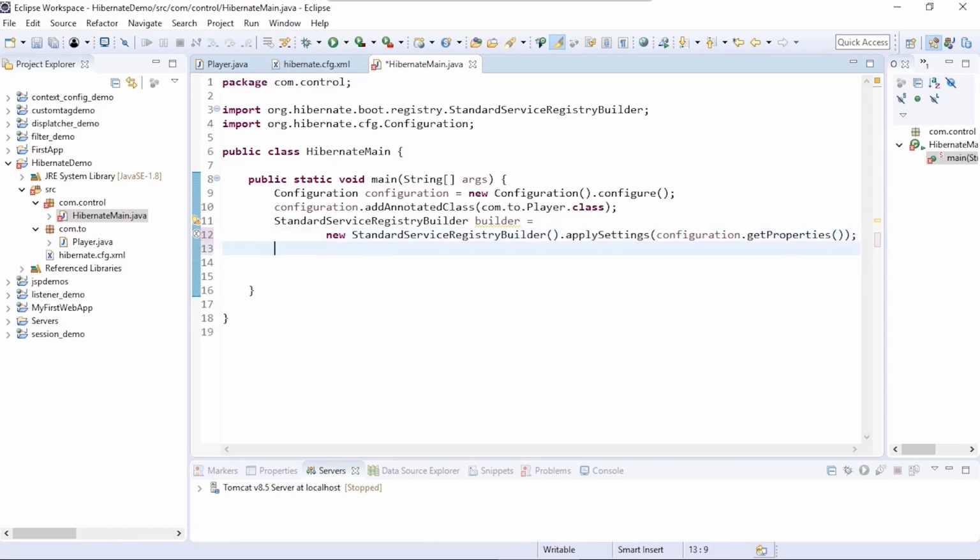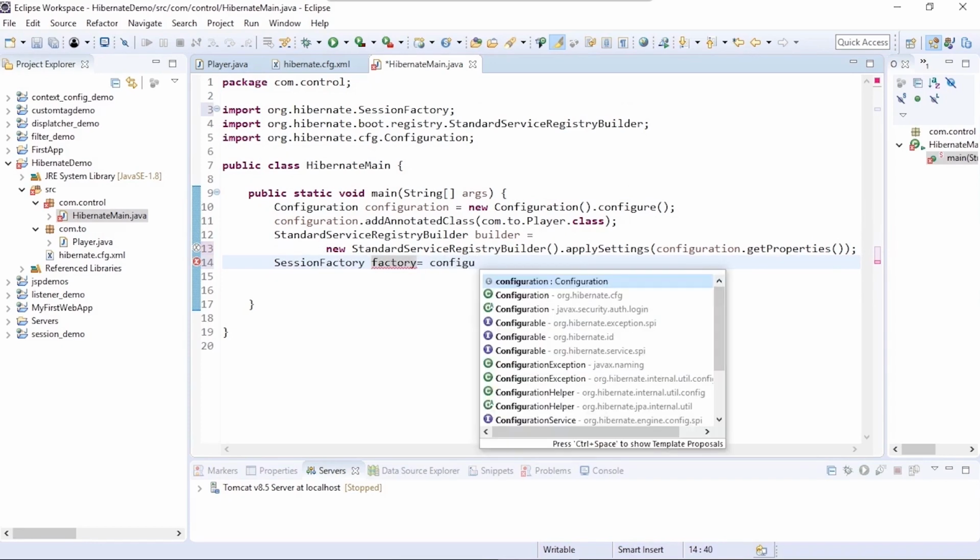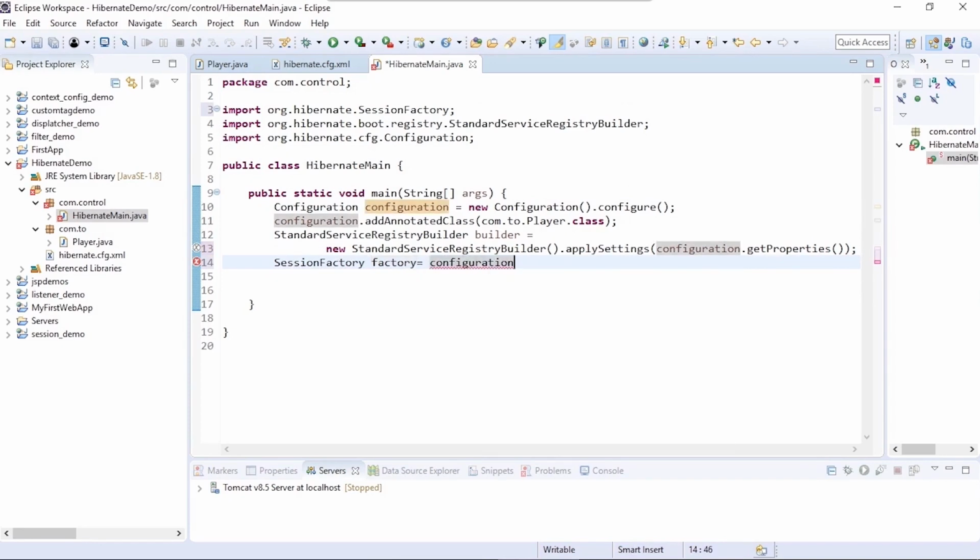Post that, we will create a session factory object equal to configuration dot build session factory, and we will pass the builder dot build method.